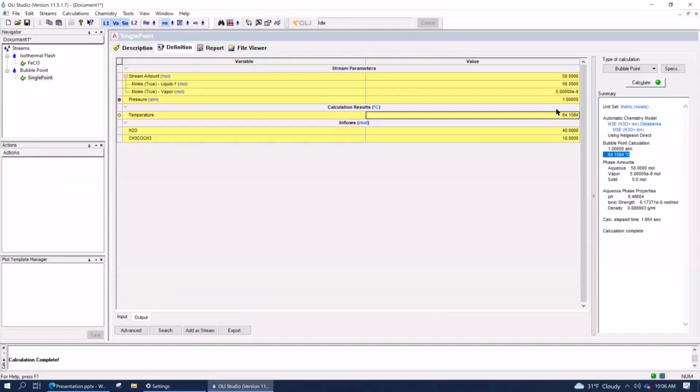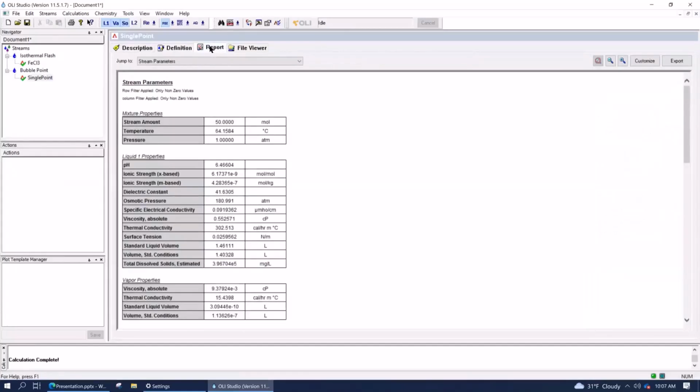AJ, I have another question, if I may. So often with these bubble point calculations or dew point calculations, sometimes some species did not react 100%. I'm talking from a stoichiometric point of view. Is there any way, it would be very interesting, at least for us here, to know the unreacted species, like you have acetone and water here, some of it will go into vapor space and some of it maybe will stay in equilibrium and the liquid stays. Is there any way we can find that out?